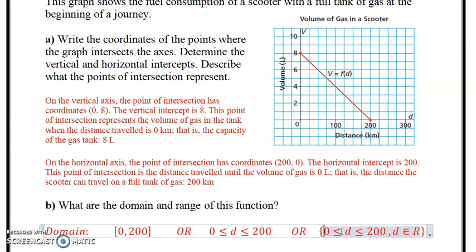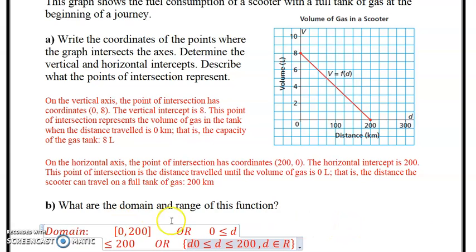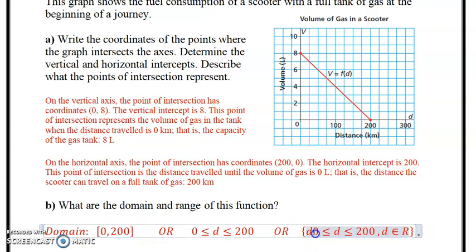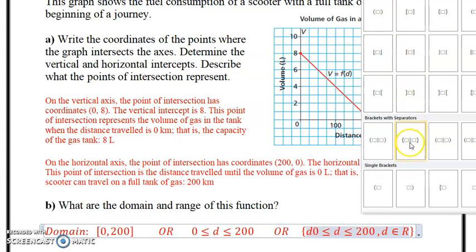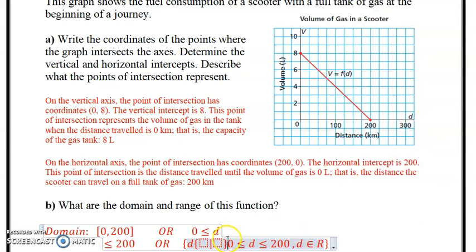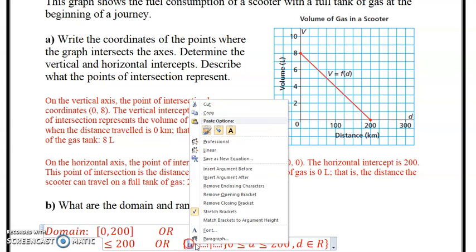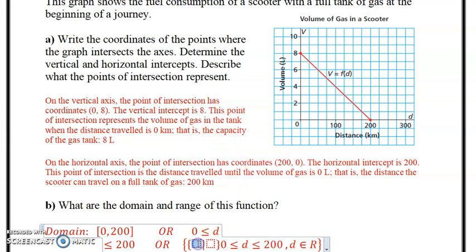I should draw this back a bit. D, and then we'll use that little line, remember, the such that. Sorry, D such that, and then